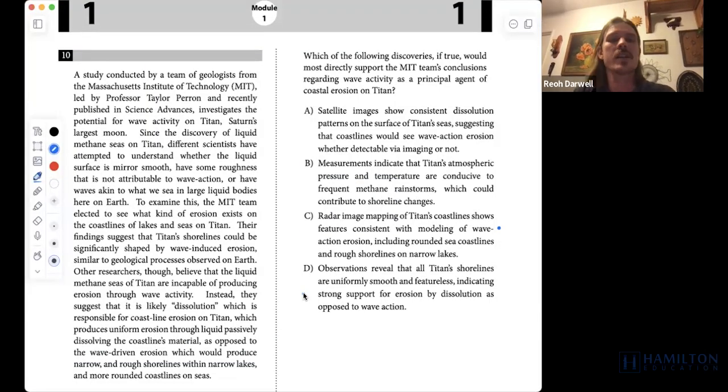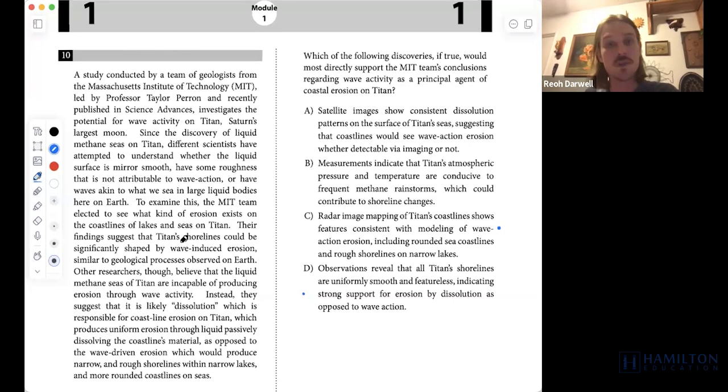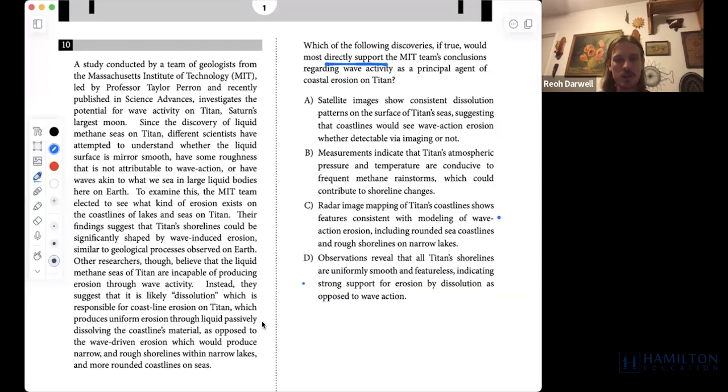All right, so question 10 here is a bit of a doozy. I kind of understand if you're frustrated by missing this question, if you're selecting one particular answer choice here, but I will point us back to something here, right? Most directly support their conclusions. Okay, so we got to make a connection between what they say and what they're trying to support. So what are their conclusions? Well, their conclusion is that